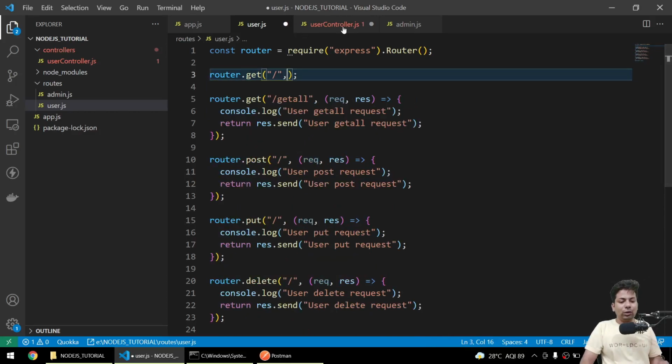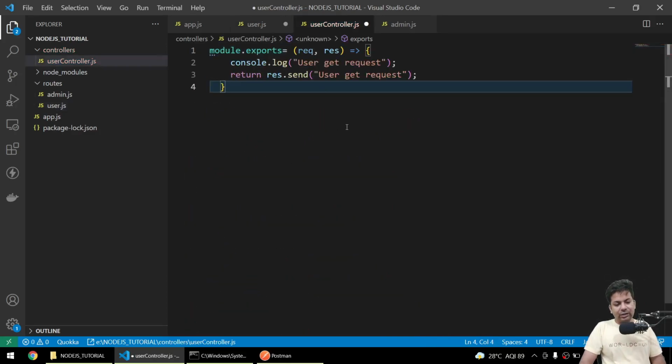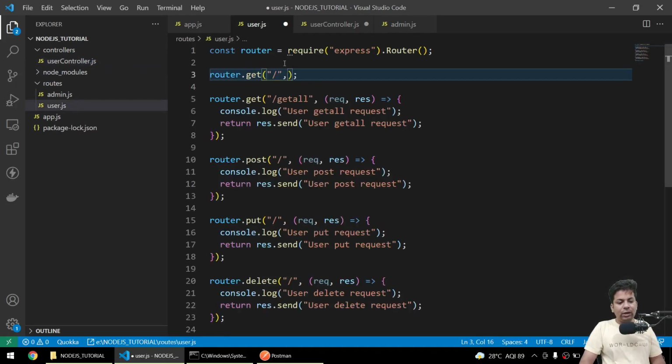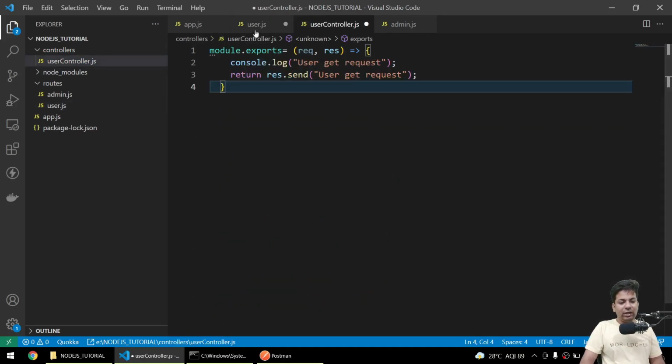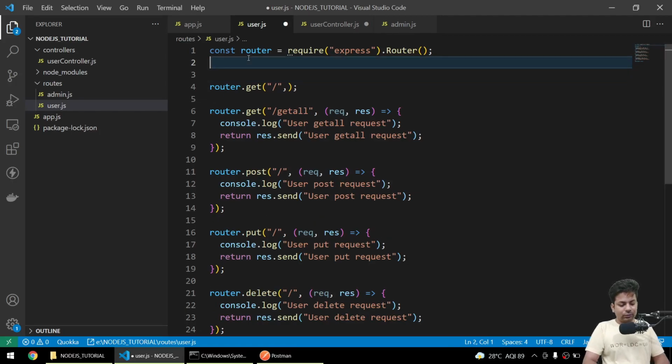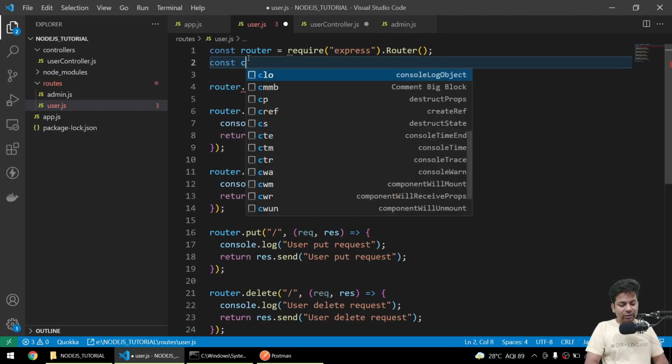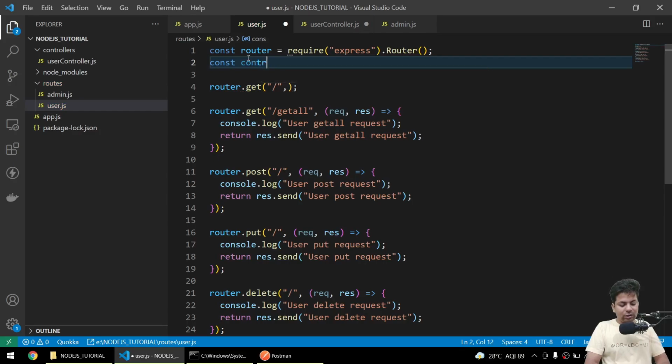I mean cut, not copy. I'll paste it here. Now firstly I'll import this file, I'll say const